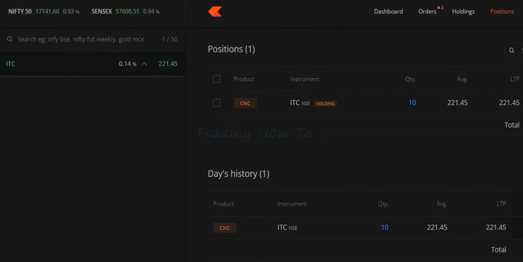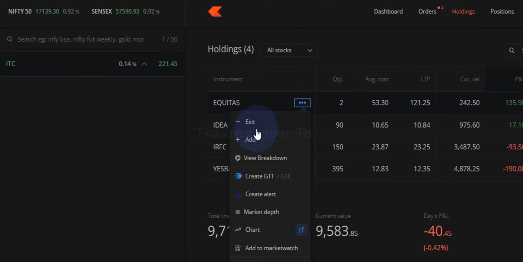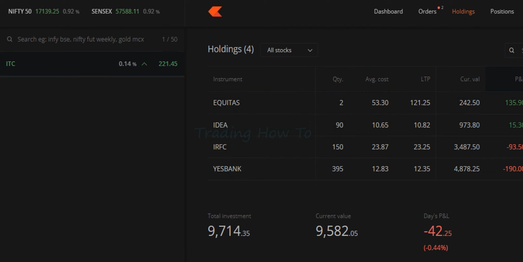From the next trading day, the stocks that you have bought today will appear in the holdings section. So here you guys can see some of the stocks that I have bought before, and then you will be able to see some details. If you want, you can sell your holding from this holdings tab. So you have the options here. So if you take the cursor on the stock name, then you will see 3 dots. If you click on that, you have the option to exit the stocks. You will be able to sell your holding.